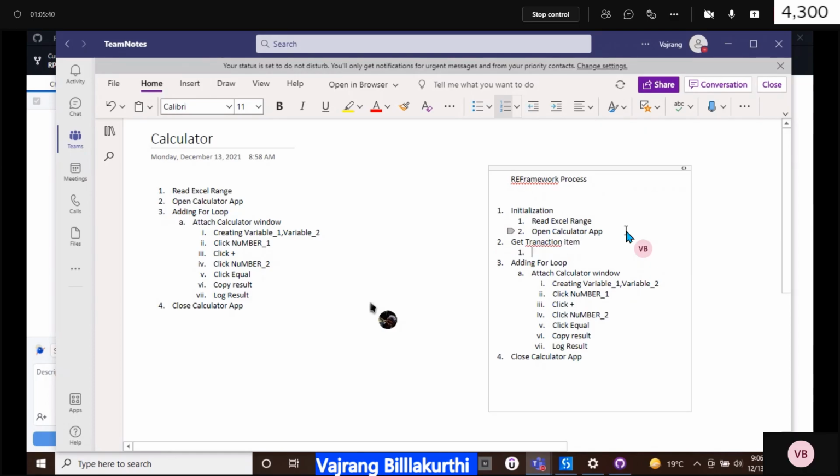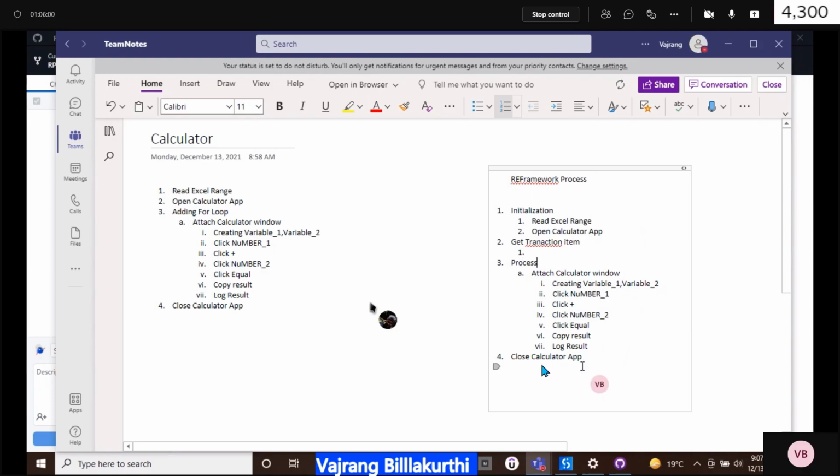Now all this process can be taken. In this RE framework, we will not have a looping, because that will be handled by the process itself. So instead of adding for loop, we will just add it to process.